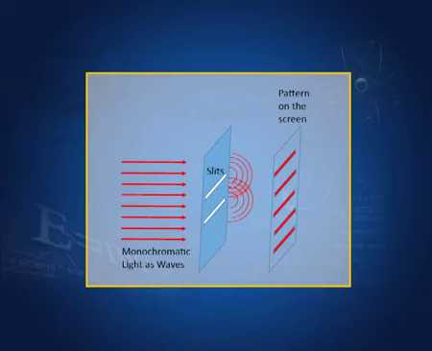There we treated light as particles, and we had just the replica of these two on this screen. Now, we are going to treat this as waves of monochromatic light. And now, what will happen? The slits will become sources of secondary waves according to the Huygens principle. So, these are secondary waves from this slit, these are secondary waves from this slit, and they would now interfere